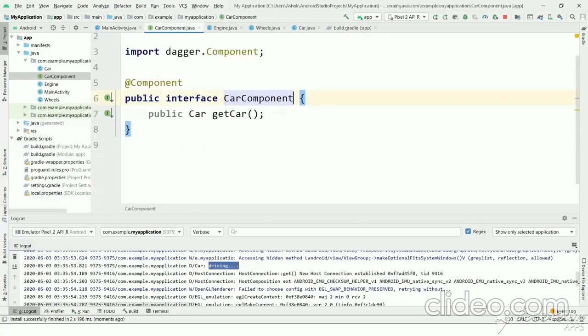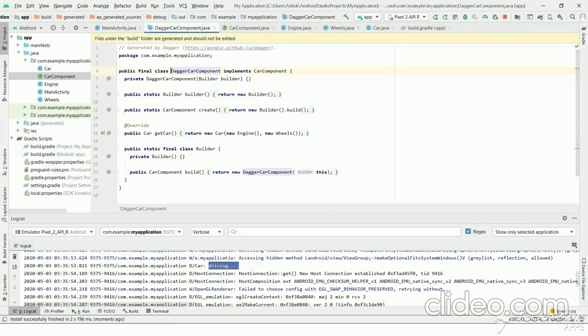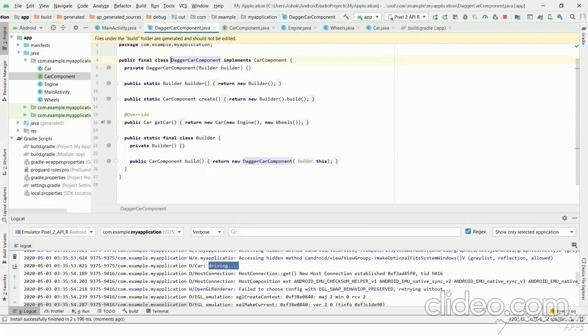In CarComponent, we have just kept a method which returns a Car. Internally, Dagger will create a Dagger component, and you can see the implementation of getCar.